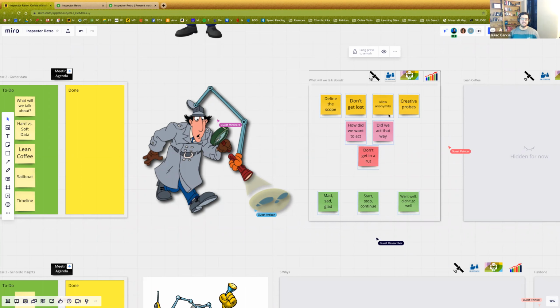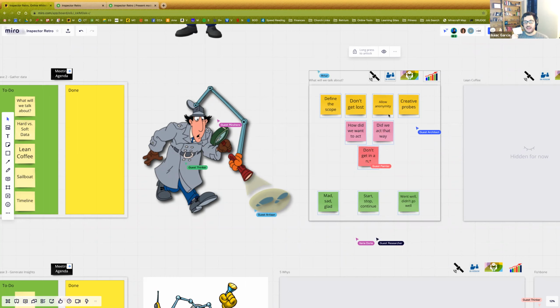Allow anonymity, especially if safety is low. You want to make sure that people feel comfortable sharing their insights. One of the reasons you don't want a manager in your retrospective is if someone says, my pay is terrible, or my boss told me to do this bit of work that I shouldn't have had to do. They're not going to say that if the manager, the boss, or someone who will go squeal to them is standing in the room, right? They don't have safety. And so you need to allow anonymity, because otherwise things might not come to the surface.